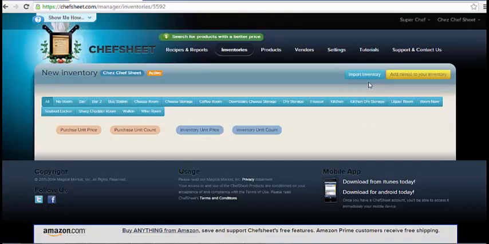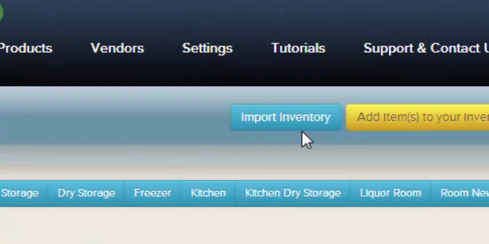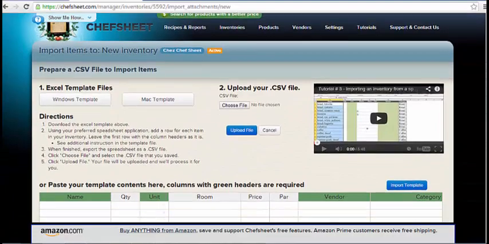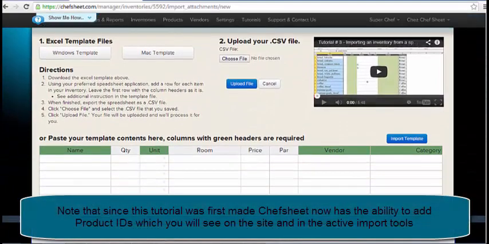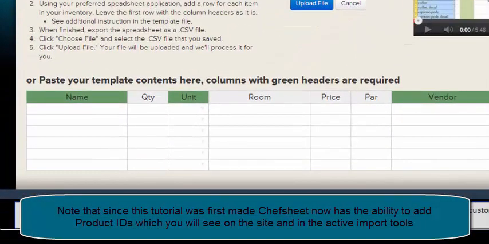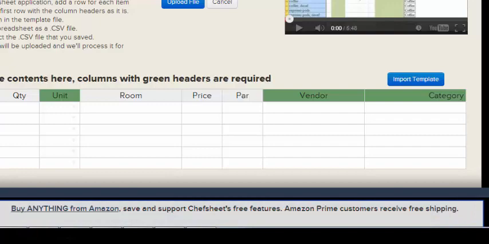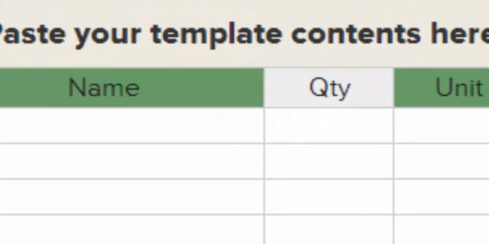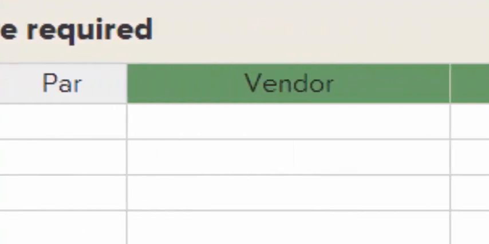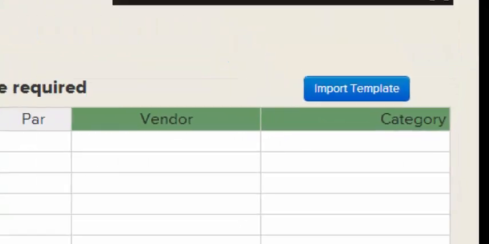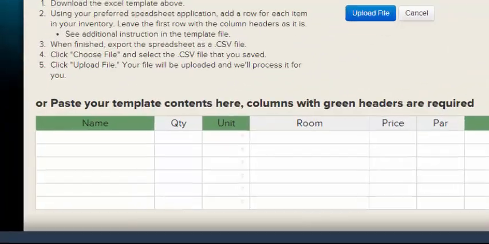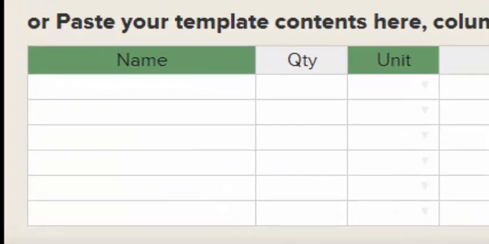There are two ways to add multiple items. First, click the Import Inventory button. At the bottom of this page is a template which you can use to cut and paste your data, which may be contained in an Excel spreadsheet used from your previous inventory system or perhaps from a vendor's order guide. You can paste things in rows from side to side or in columns. However you like, each item must have a name, a unit, a vendor, and a category. Note that although you only see 7 rows, this form goes on forever, and you can paste thousands of items